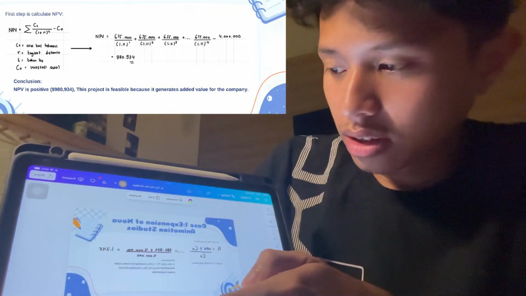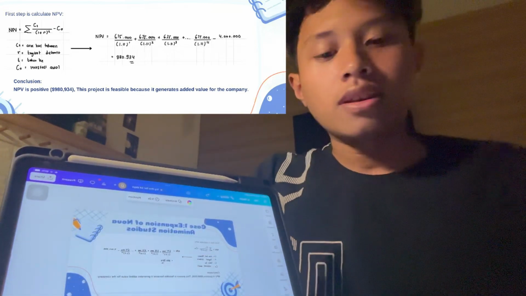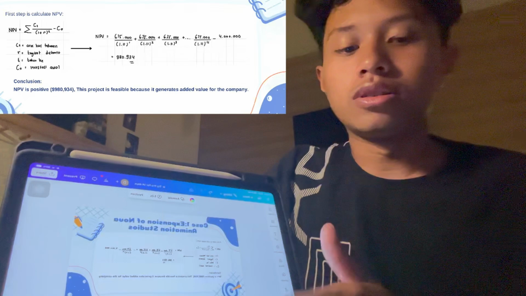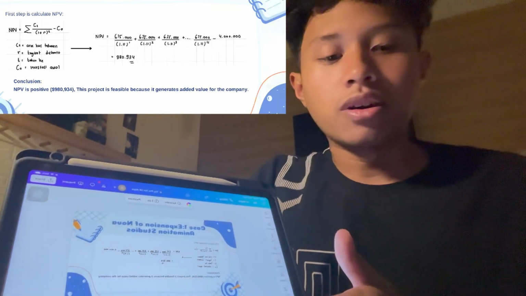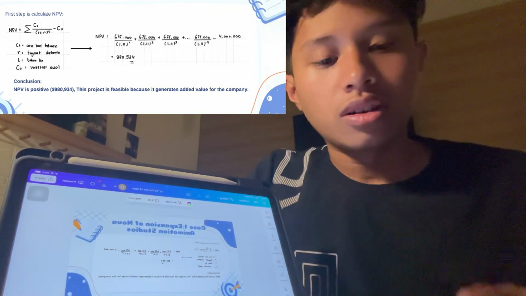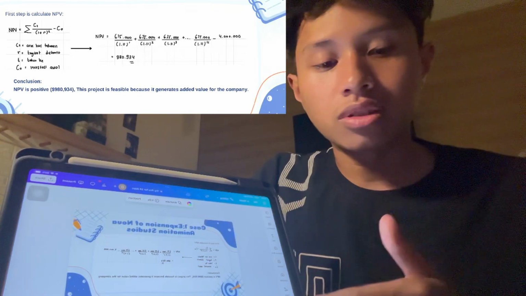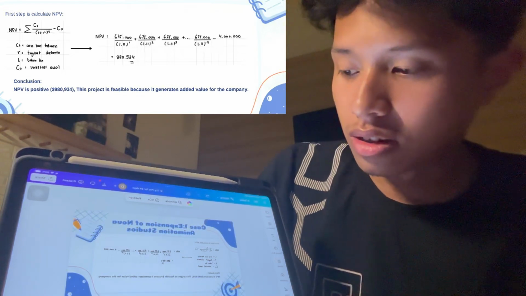Then we use the NPV formula by entering the numbers that are already known. Then we calculate, and the result is